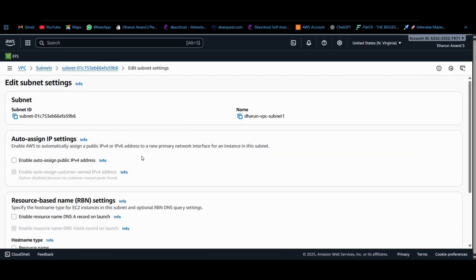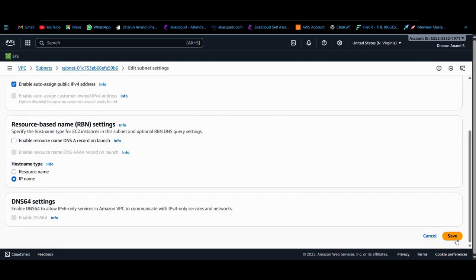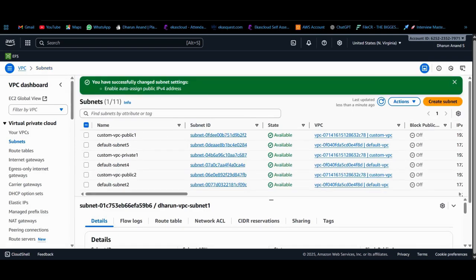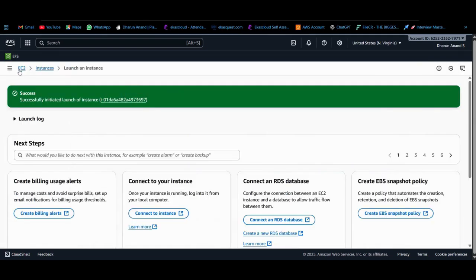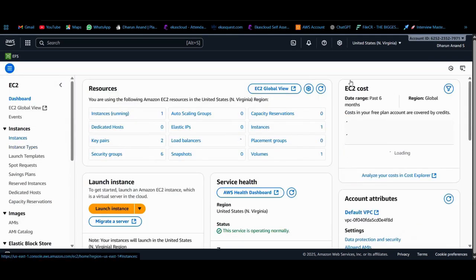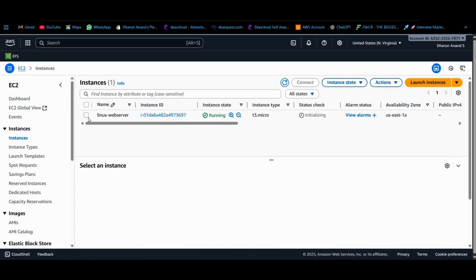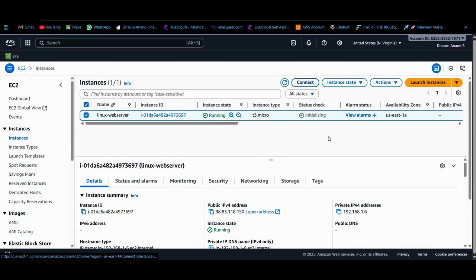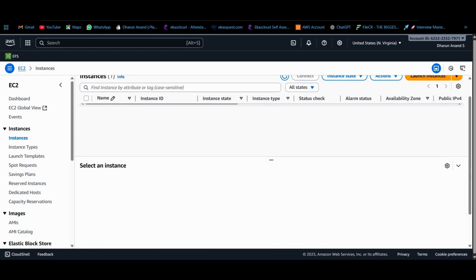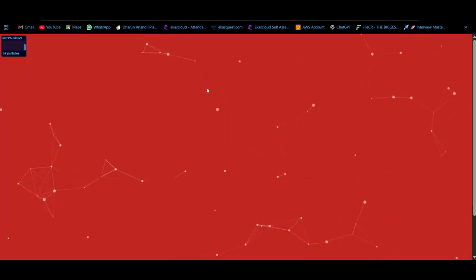Then you have to enable auto assign public IP, and then save. Now let's go to our instance. Let's see whether it is running or not. It's in running state. Okay, fine. Let's see. We launch